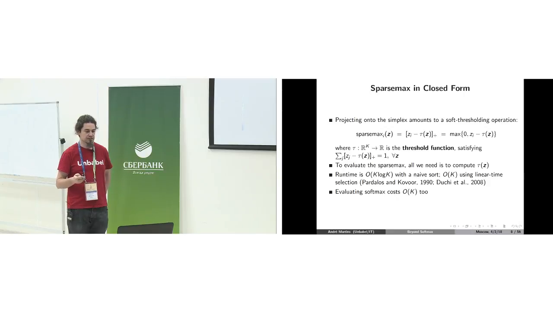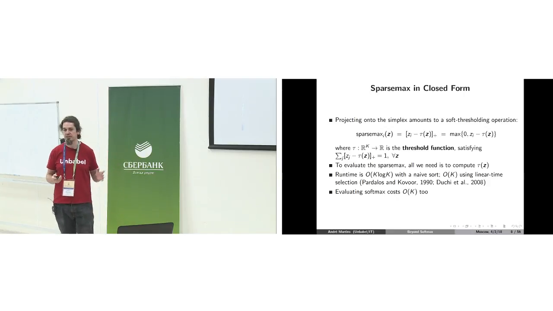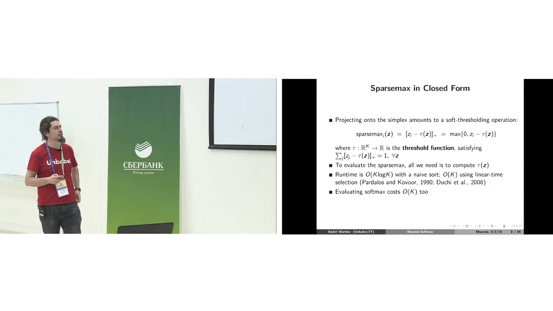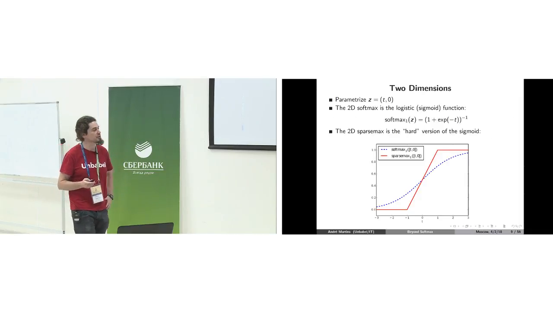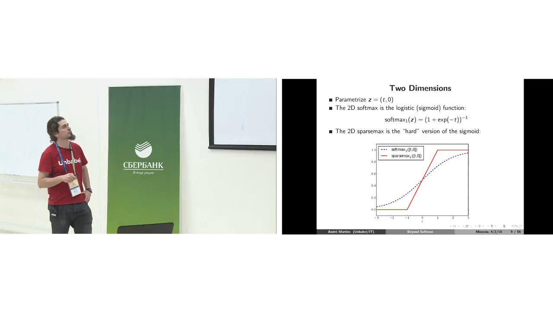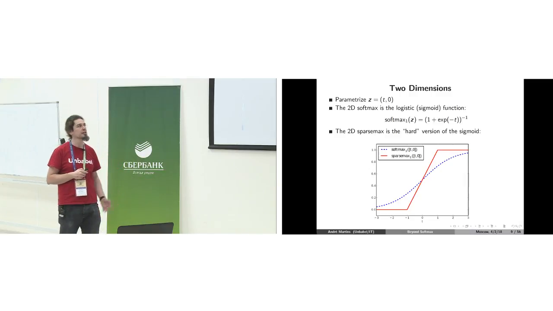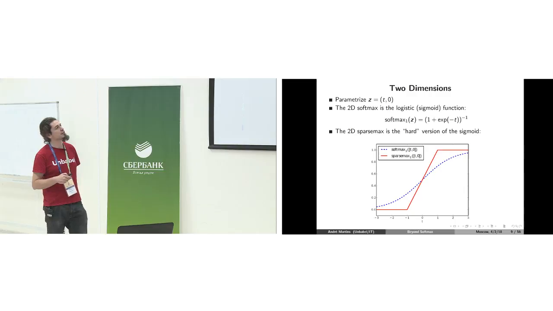Okay, so this is if you are plugging Sparsemax in a neural network. This explains how you can do the forward pass. And we're going to see now how this transformation looks in small dimensions. In 2 dimensions, without losing any generality, we can parameterize the vector z by setting one of the coordinates to 0, because if we add a constant to all coordinates, we get the same solution, both for softmax and for Sparsemax. And in 2D, the softmax becomes the sigmoid function.